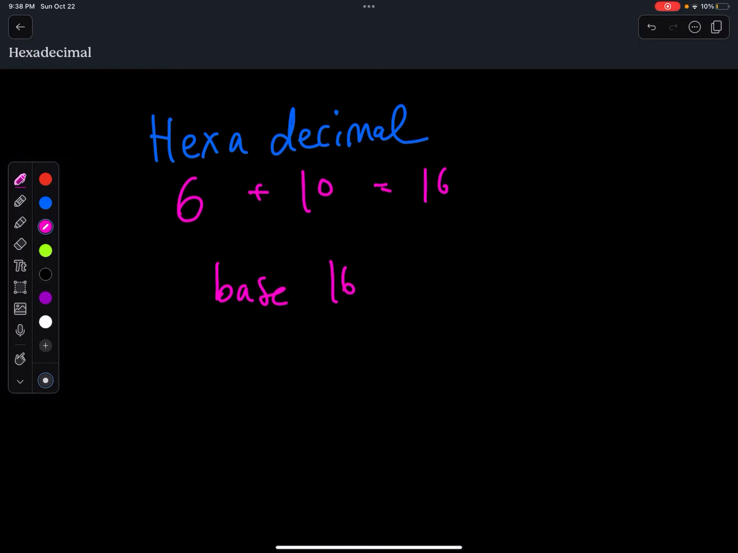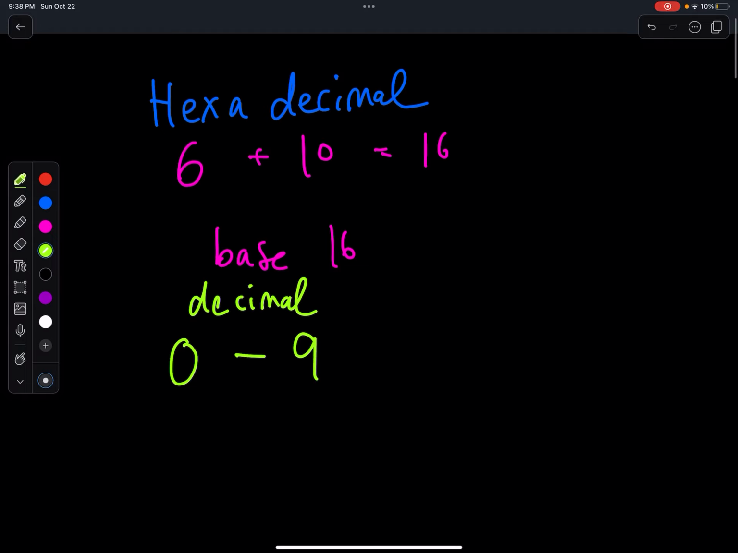All right, so I'm going to help build the intuition of hexadecimal, and I'll tell you a couple of really useful ways in which hex is used. But first, let's build it up first. All right, so hexadecimal. Well, first off, from our normal decimal land,